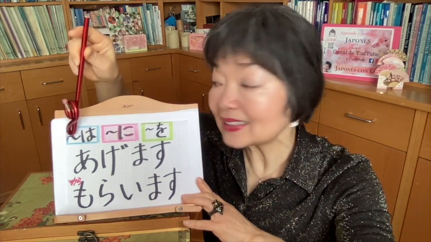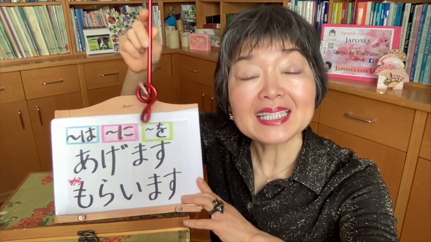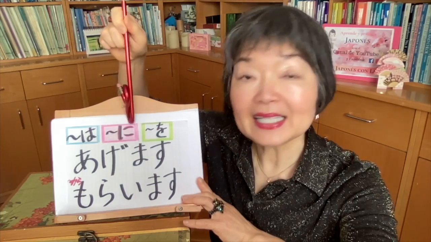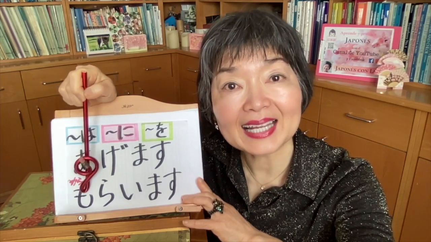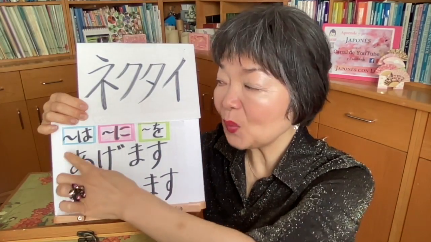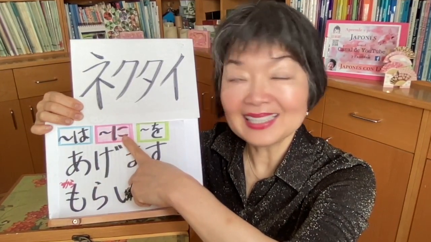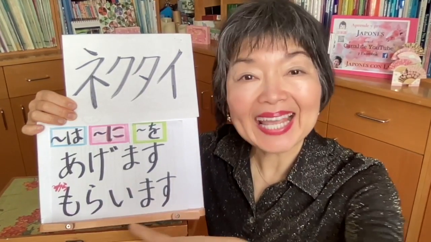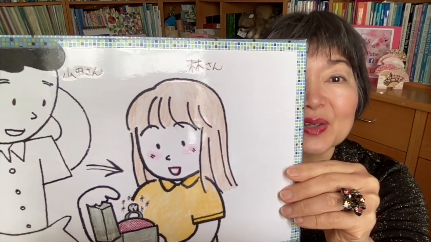Well, subject は, to someone に, something を, complement, direct complement, something をもらいます. But with this verb もらいます, for the indirect object you can use に or also から, someone から. But now, to avoid the confusion, I'm going to use に, okay? 山田さんは林さんにネクタイをもらいました。